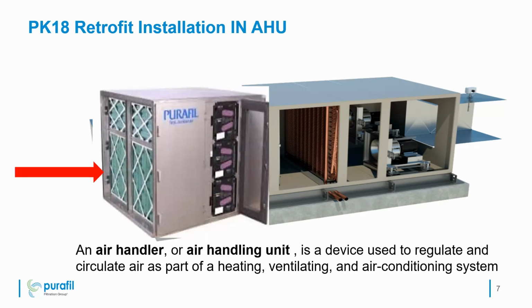So air will be moving from the left. First, it will encounter the pre-filter, then the module, then it will go to cooling. Now, the beauty of this system is that it will not only remove the gases, but it also removes bacteria and viruses. It will also safeguard the coil. That will increase the life of the coil. That is a default advantage. Do you understand this concept? Coil means this cooling coil? Yes, these copper tubes. Because you are able to control all the contamination before the air touches the coil.